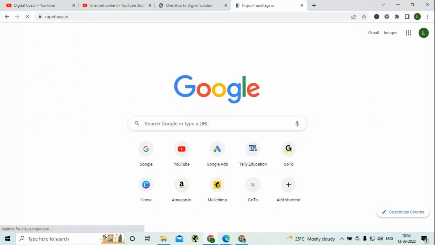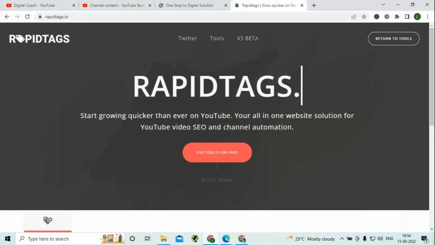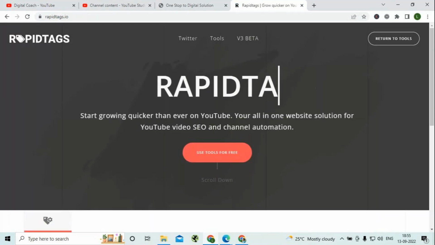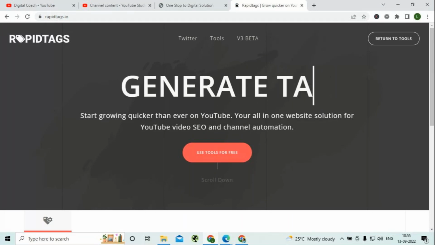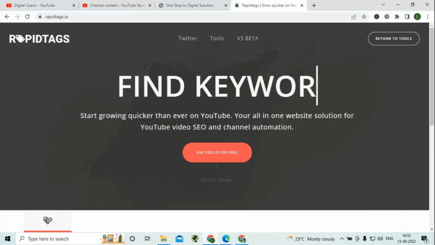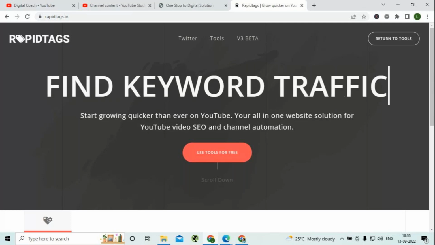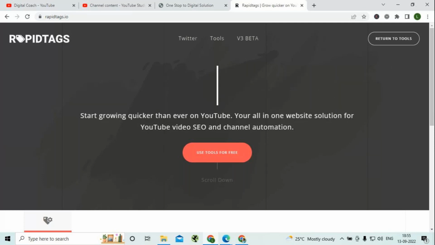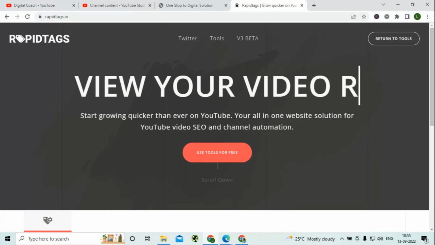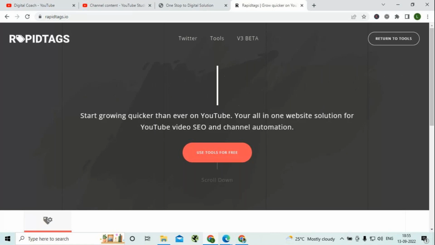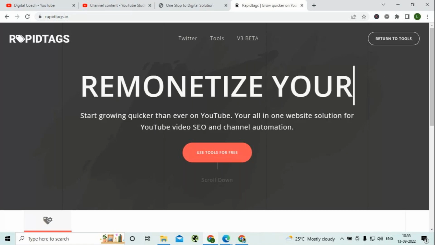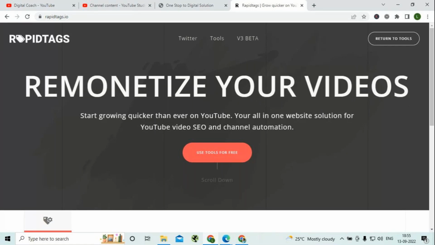This is a tag generator website which helps you get the keywords that should be used for a particular content type or category, and which are trending, so they can be found on this website. So you can go to rapidtags.io,